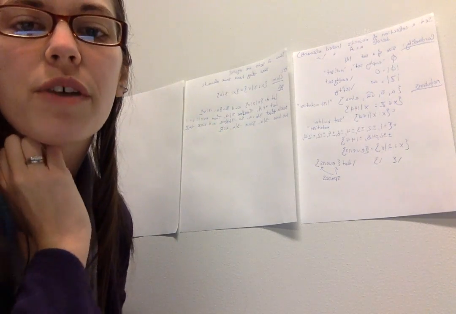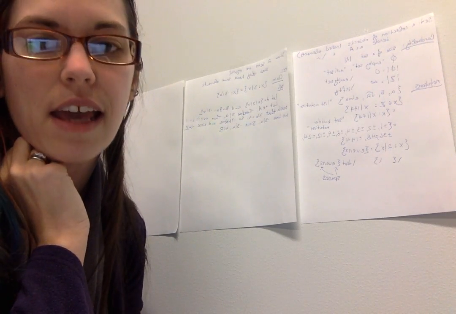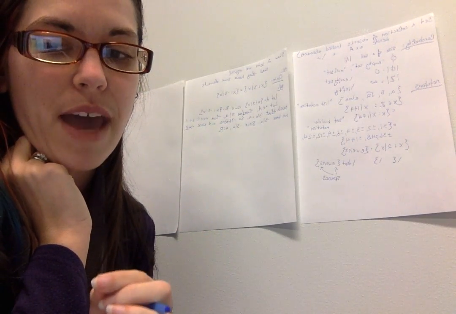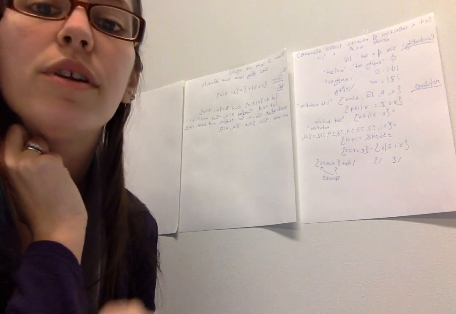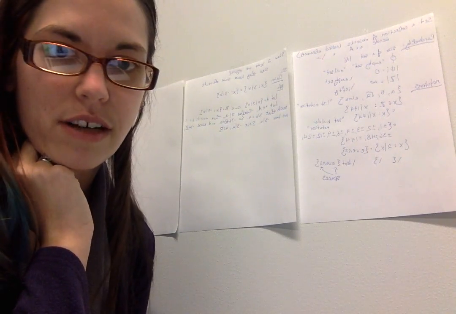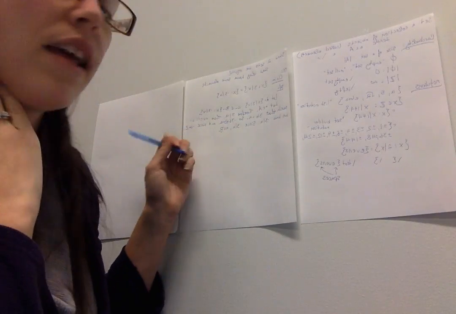And so what we've shown here is that everything in A is also in B. We took one random element from A, could have been anything, and we showed that it was in B. So that means that every element of A is going to turn out to be in B. To go the other way,